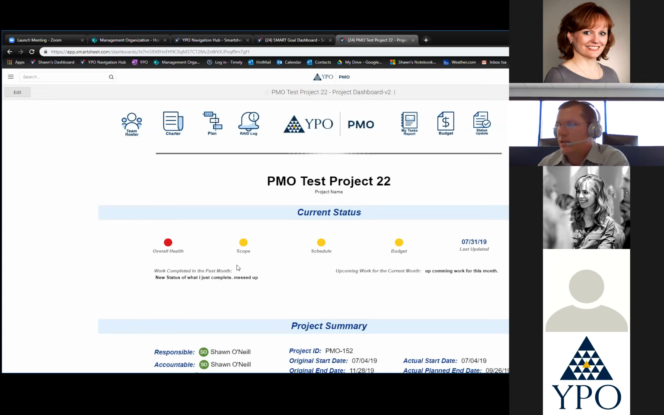So this needs to be updated, and the update is done by this status update. And it needs to be done every month. You can do it more often or as often as you like, as long as you have at least one update per month. So if we go into the status update,